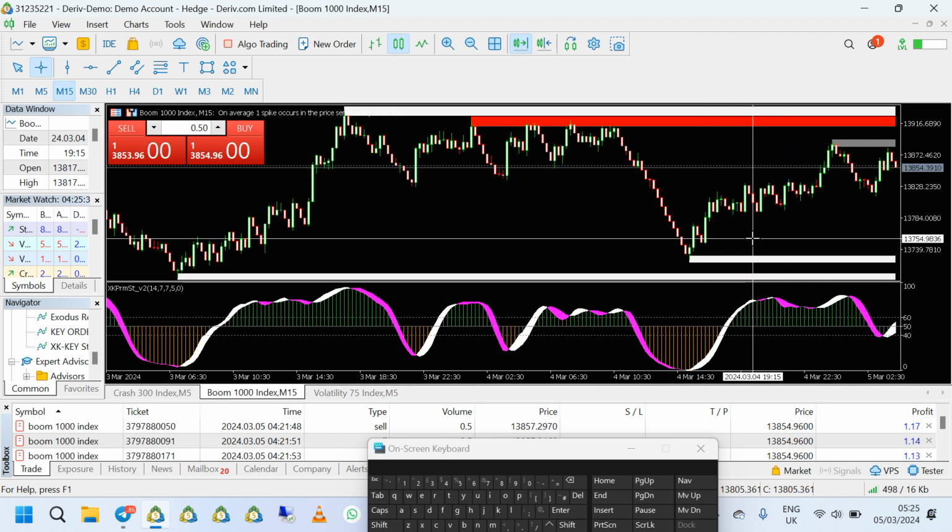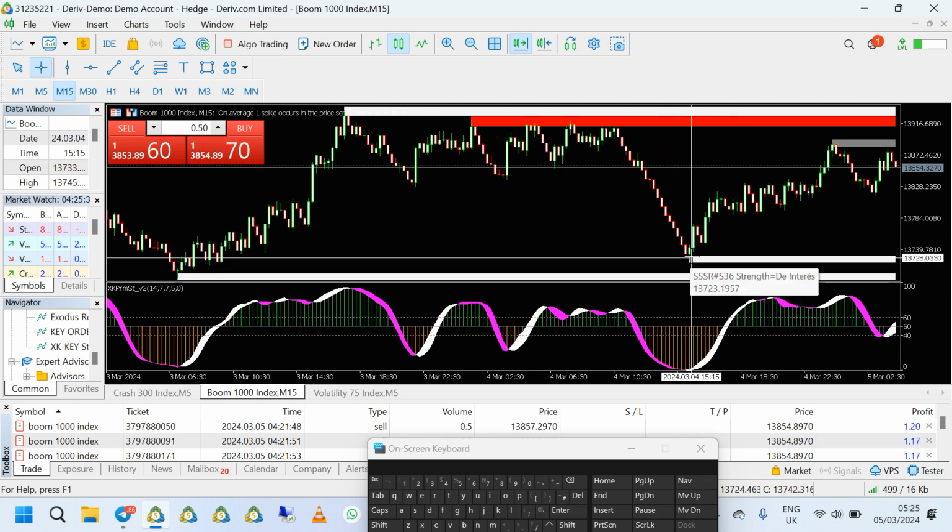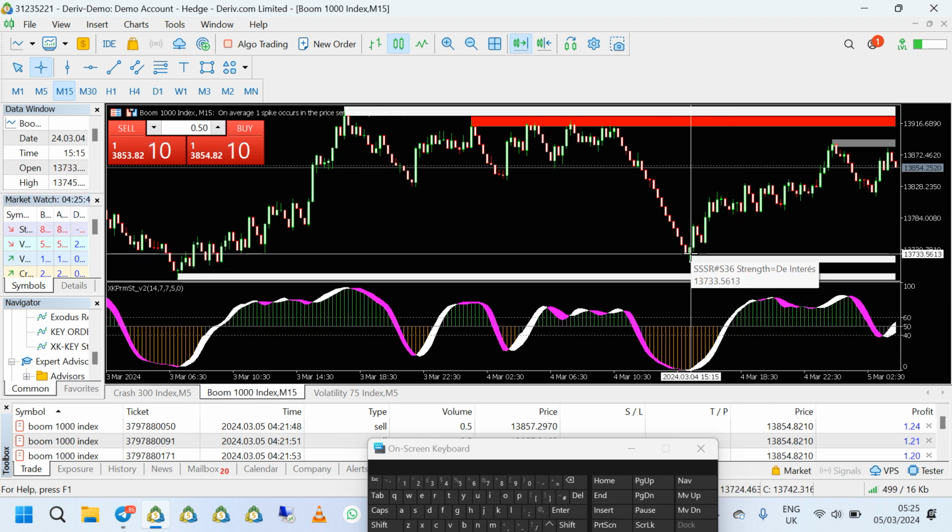Now that will be your secondary profit. The reason why that may not hold is if the trend is not in your direction. In this case, I believe we're going to get to 13,733, because the market is dropping. Since the market is dropping as a sell trend, it should get to the second take profit. But don't forget, the first take profit is your most important aspect, which is where the